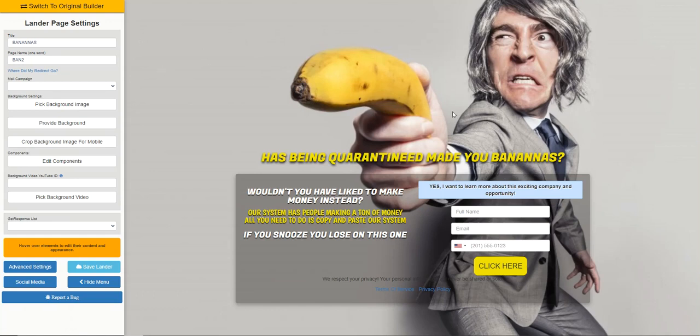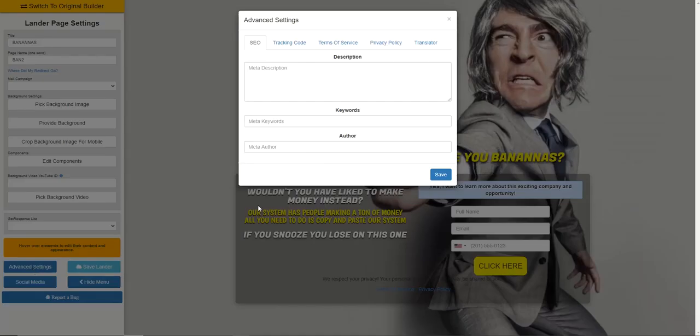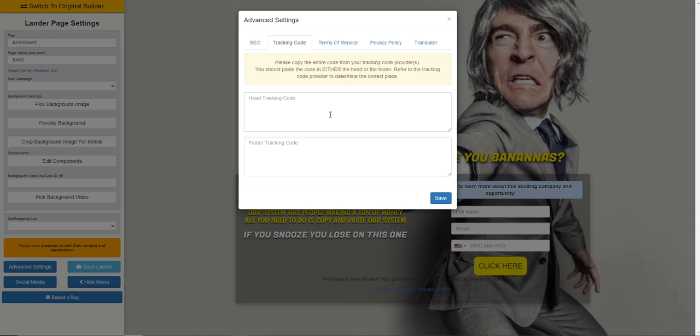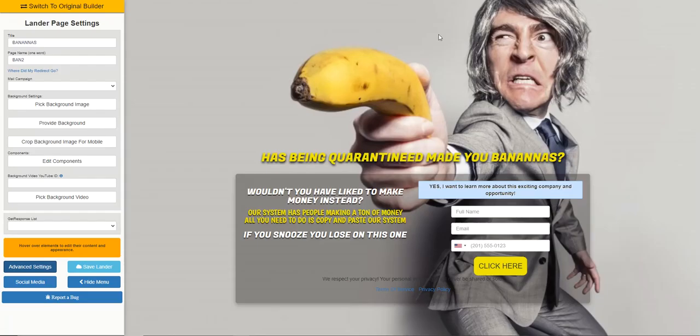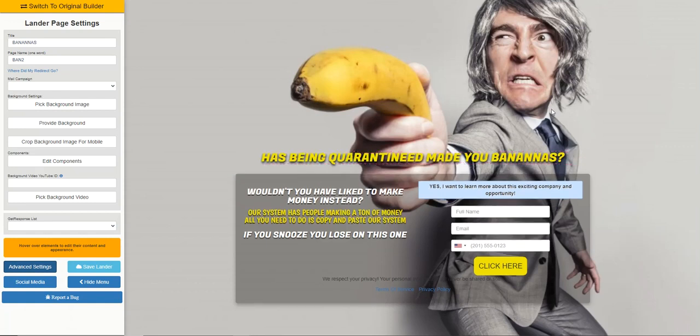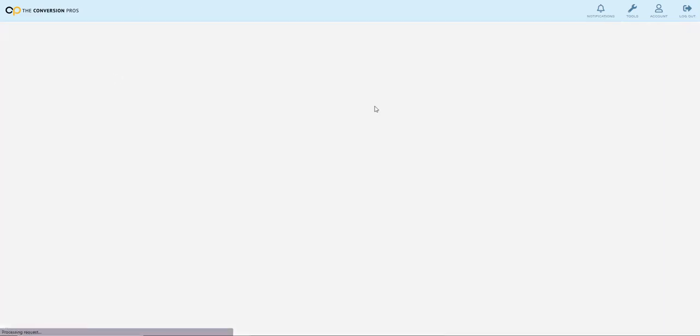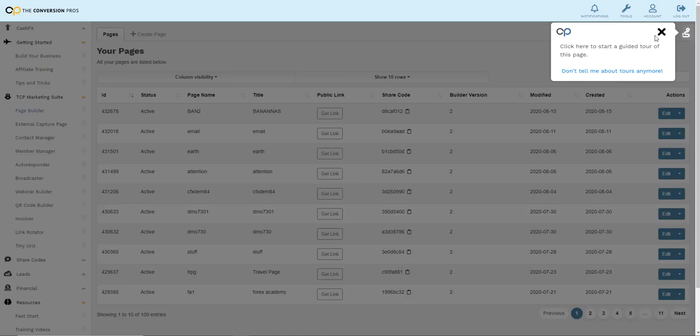tracking pixel from Facebook or etc. Very easy to do. All you'll do is click down here under Advanced Settings, and you could type in your tracking code, hit save again, and you could put tracking pixels inside any of the Conversion Pros pages instantly. That's the first way. The second way you can do it is if you were to go to your page,